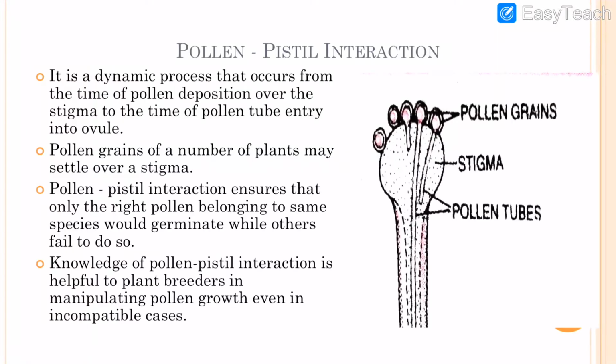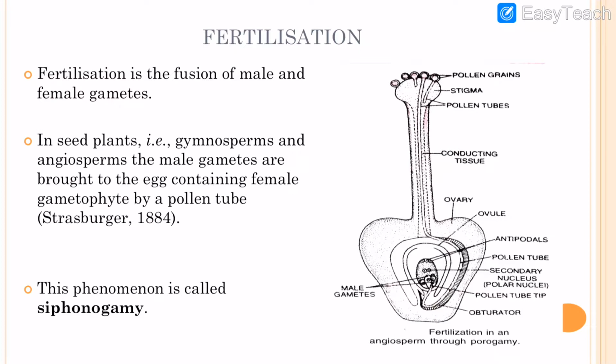Dear students, as we already know, the transfer of pollen grain from anther to the stigma is known as pollination. After pollination, when pollen grains fall on the stigma, they absorb water and sugar from the surface of the stigma and they germinate, and a pollen tube is formed. Dear students, these pollen tubes then enter through the stigma